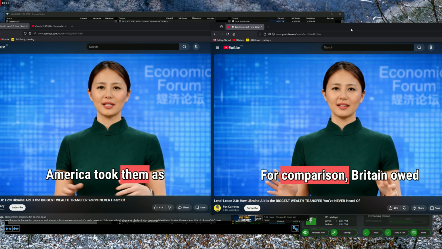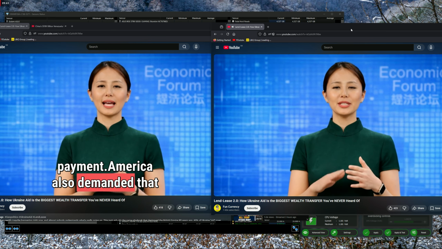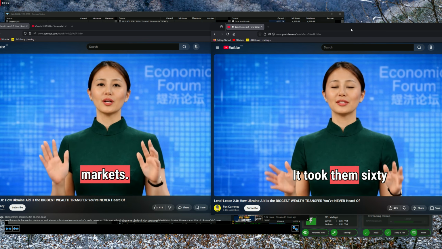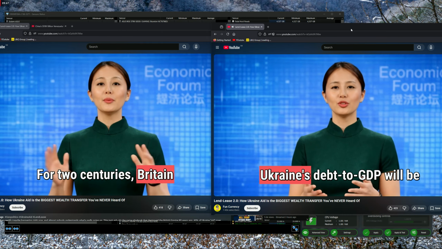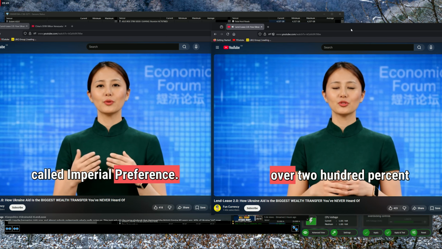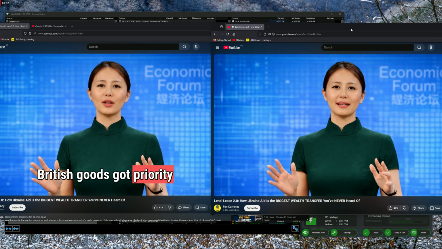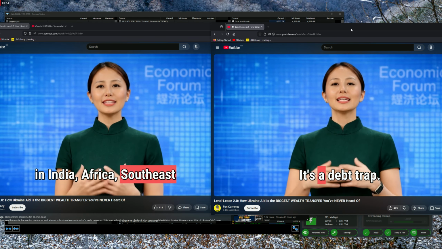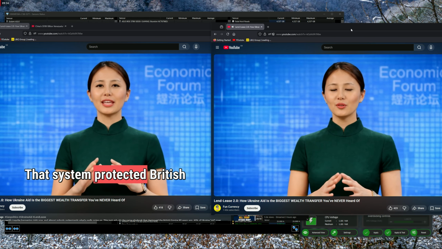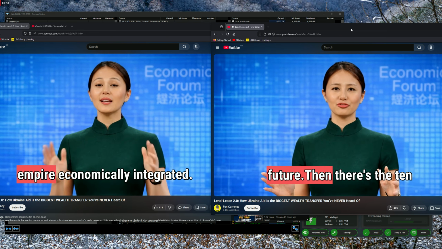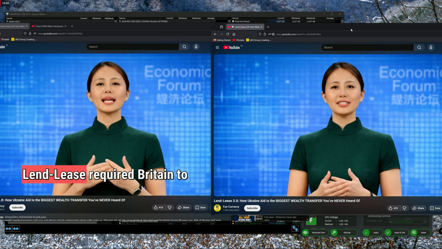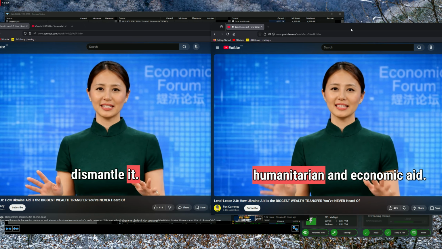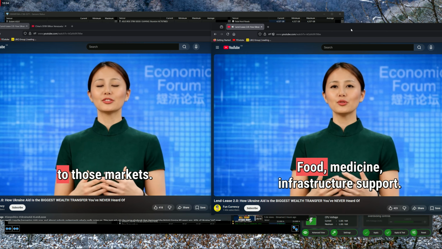For America comparison, took them as Britain payment. owed 30% America of also GDP demanded that after Britain World War open II. its colonial It took them markets. 60 years For to two pay it off. centuries, Britain had Ukraine's run a debt to system called GDP will be imperial over preference. 200% British goods ends. got priority This isn't in a loan India, they can repay. Africa, It's a debt Southeast trap. Asia. And That the system collateral, protected British Ukraine's industry land and kept the resources and empire future, economically then there's the integrated. 10%. Lend-lease 11 required billion in Britain to actual dismantle it. humanitarian and American economic companies aid. got access to Food, those markets. medicine,